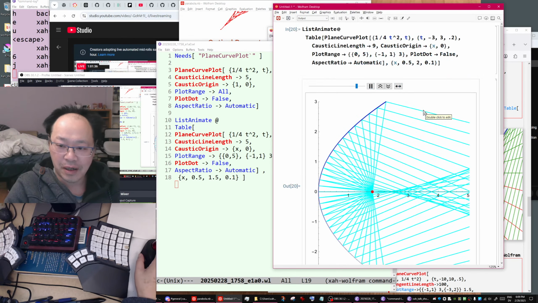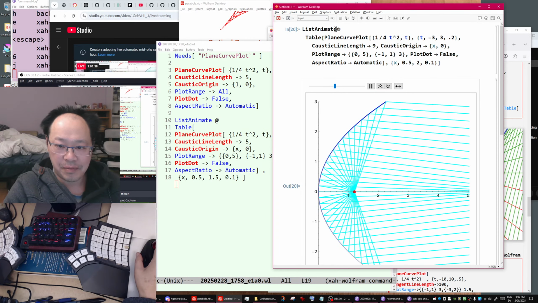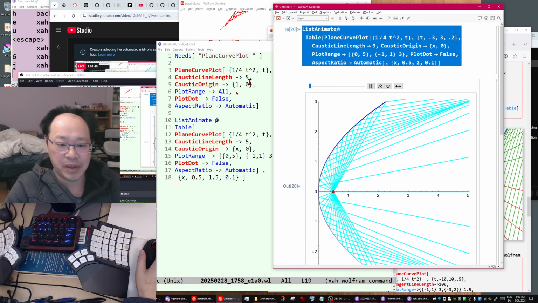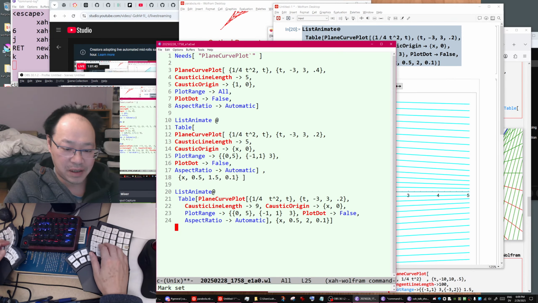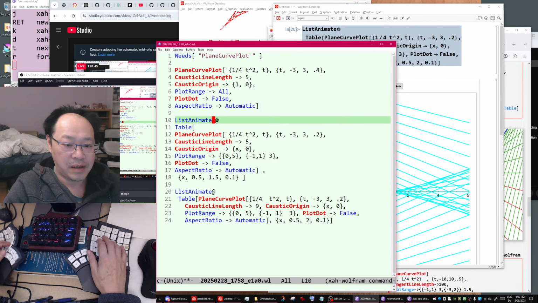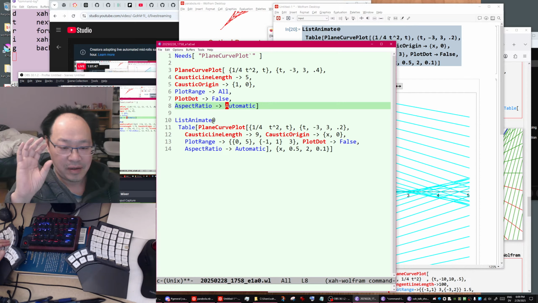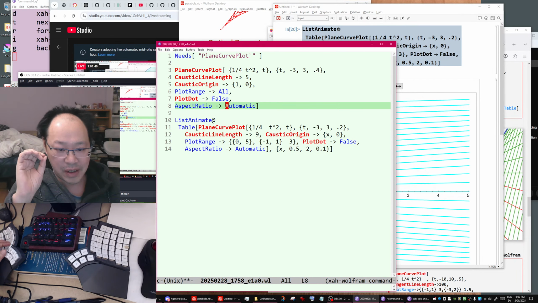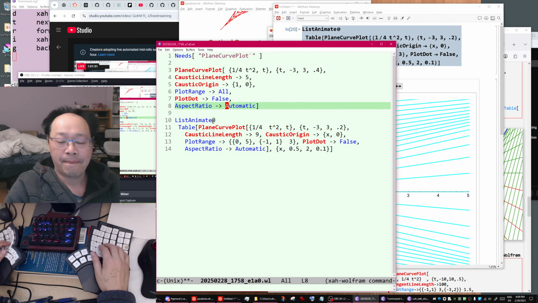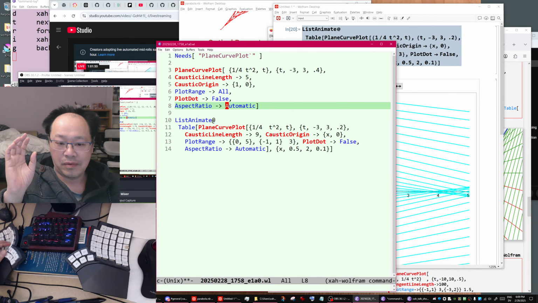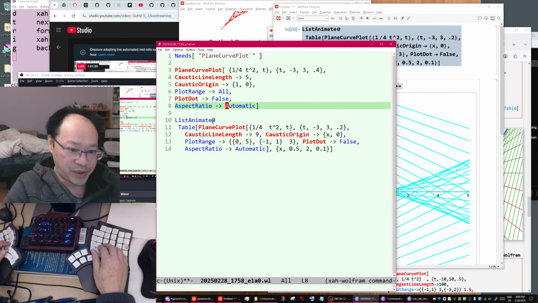Beautiful. Stop. Now copy the code. This is the code we want. Paste it. Okay, then cut that. So now what we do is we want to create a movie.